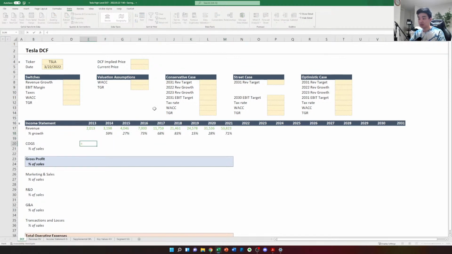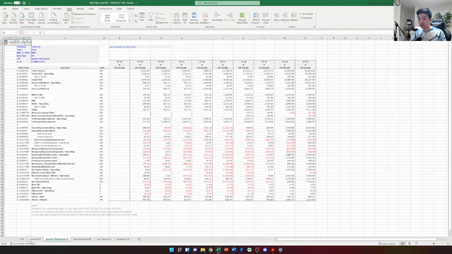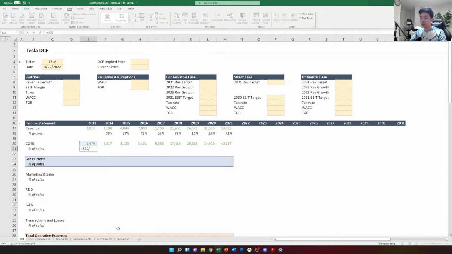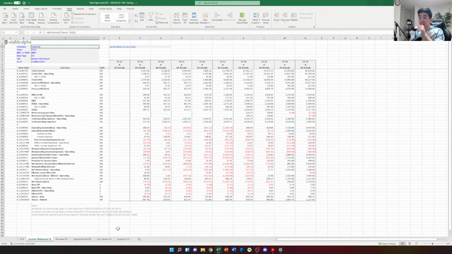COGS. Total COGS, operating, total COGS. $13,606 is what gross profit should be. Okay, perfect. All right, now we have the,